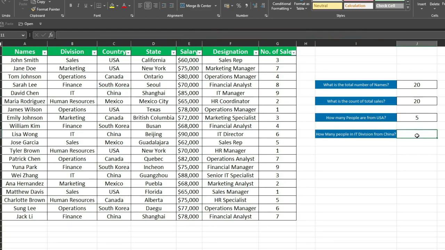How do we start the formula? We start with equal to sign, COUNTIFS, press tab. Here it asks for criteria range 1. Criteria range 1 means the range we are looking at, that is the division column from the top until the end, comma. Now it's asking for the criteria. The criteria is supposed to be IT. You can choose any one of the IT entries. Let me choose the third one,